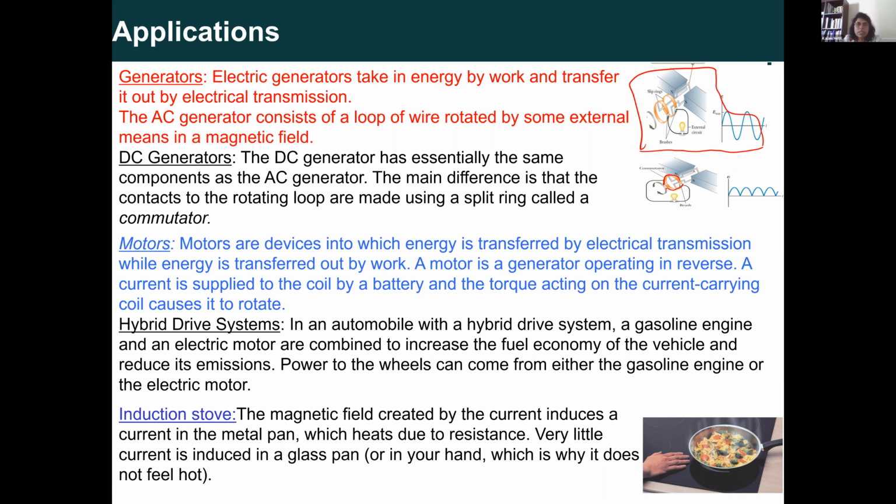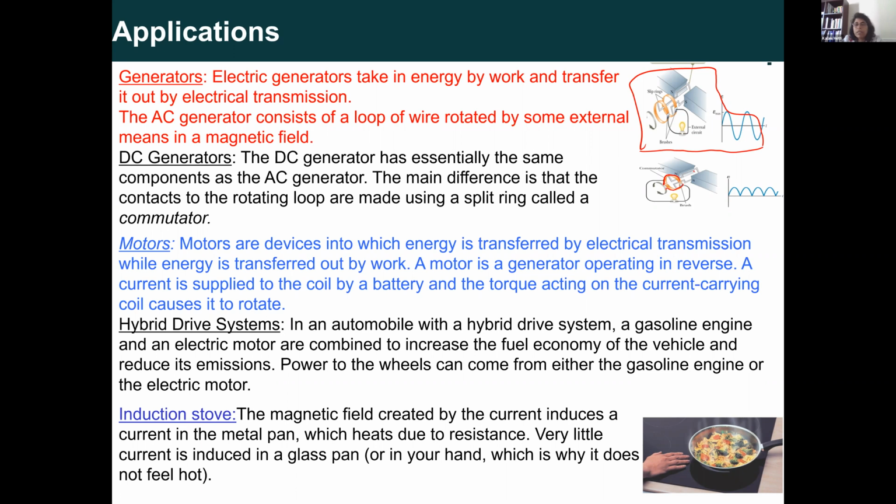We discussed that earlier too. So generators, DC generators, motors, then hybrid drive systems in your automobiles. There is a system where we can connect the gasoline engine with the electric motor combined to increase the economy of the vehicle, right? And the induction oven is also important, because the induction oven basically uses Faraday's law to create a kind of current